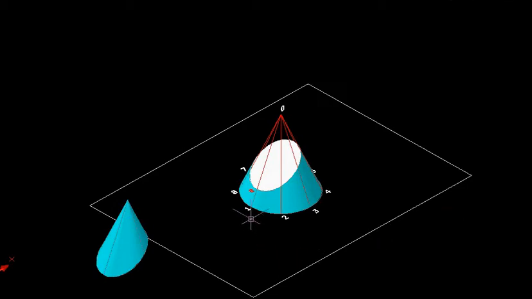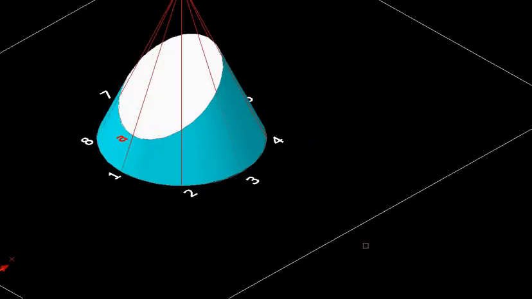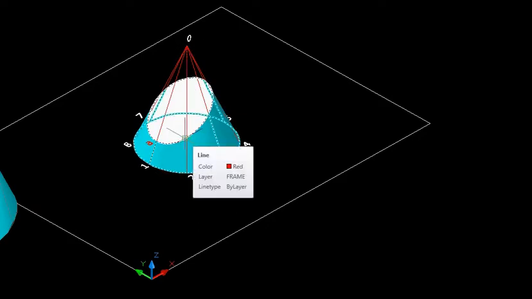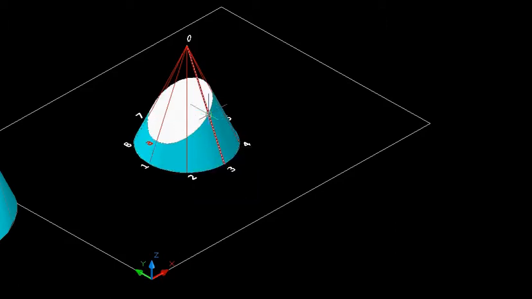Now you can visualize here that this A point is on the edge O1, likewise B point is there on the generator O2, then C will be there on this O3, like that. We are going to take the development in anti-clockwise direction. You can take it in clockwise direction also, no matter. Now if you look at it from front, this B and the H point, which is there on O8, will be overlapping.